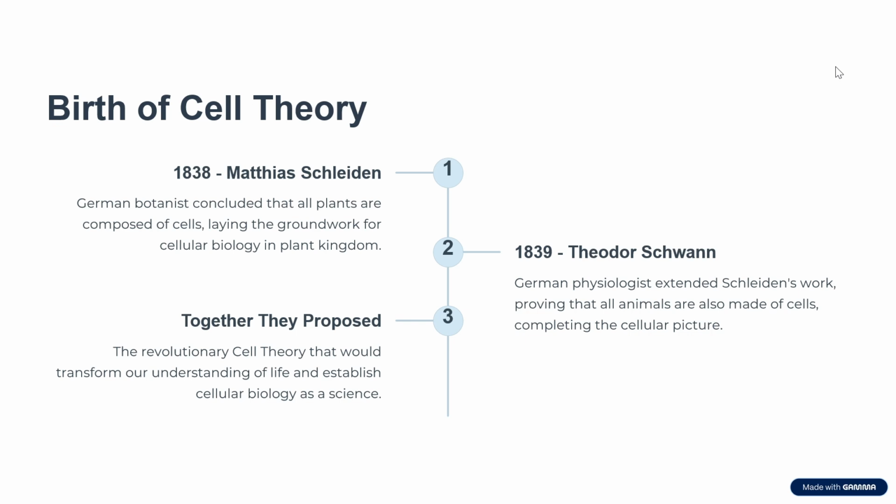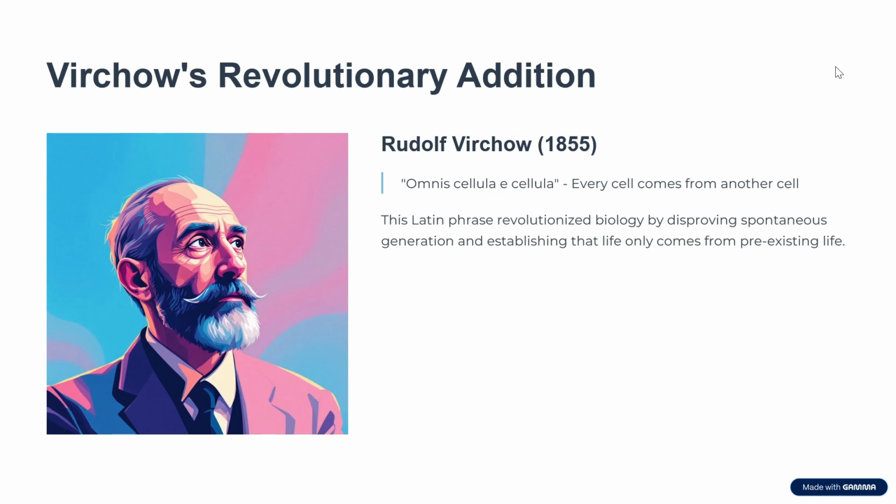So according to Schleiden, all plants are made up of cells. According to Schwann, all animals are made up of cells. So together it is like all living things are made up of cells. Then Sir Virchow came. He said every new cell comes from an old cell. Yes, even cells follow nepotism. The old cell launches the new cell in Bollywood style. Really bad.